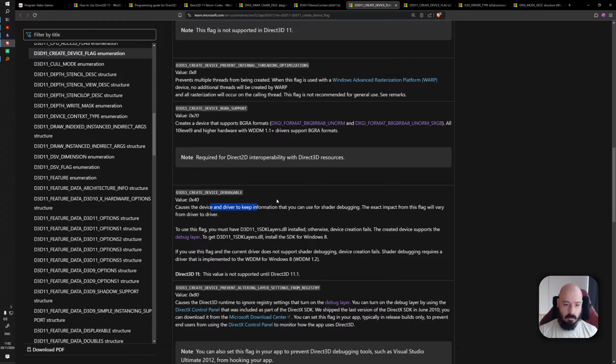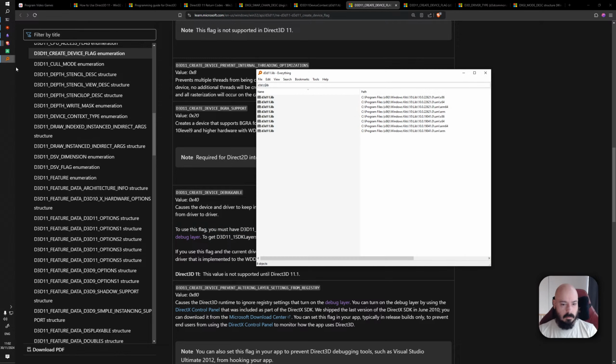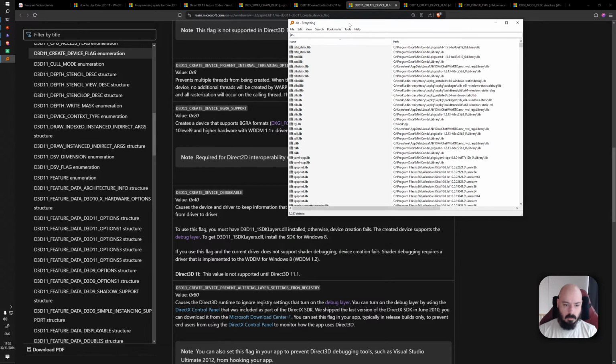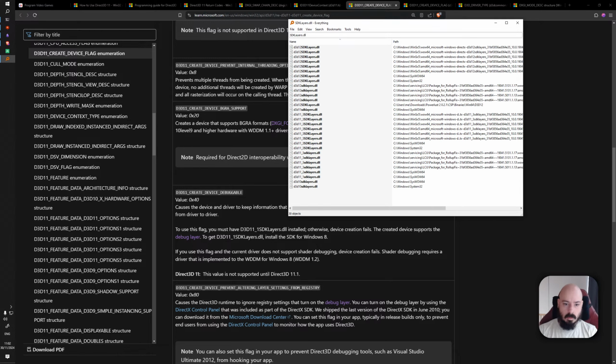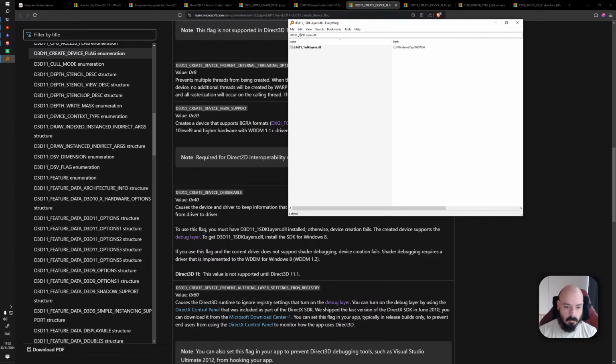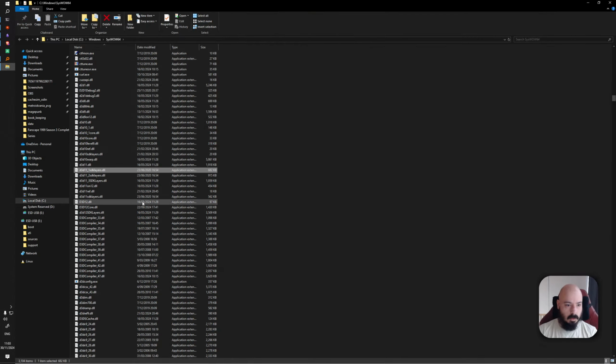Causes the device and driver to keep information that you can use for shader debugging. The exact impact, yada yada yada. Okay, I'm guessing that it can't find this DLL. Yeah. So, if I find this DLL on my computer, which is SDK. Okay, so D3D11, wasn't it? _1 SDK layers.dll. If I open this and I copy it